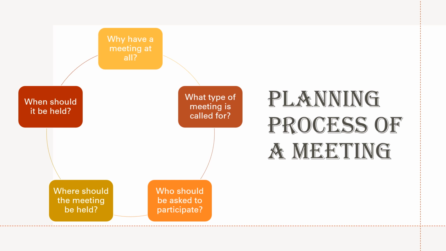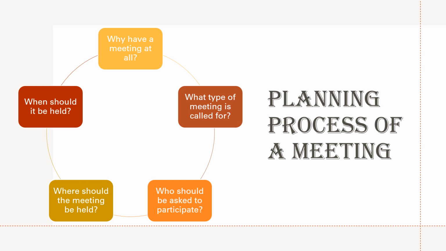Then depending upon what kind of meeting the person wants, the audience will be asked to participate. We have different kinds or types of meetings. Depending upon the type will be decided who should be called and where the meeting should be kept. Who should be called for a meeting? You should be very thoughtful while you are planning a meeting, because for every kind of meeting you cannot call just each and every individual. That group of participants has to be chosen very wisely, because if you are allowing a lot of people who would not be able to contribute to the meeting, then the purpose, the essence of calling that meeting, is dissolved.